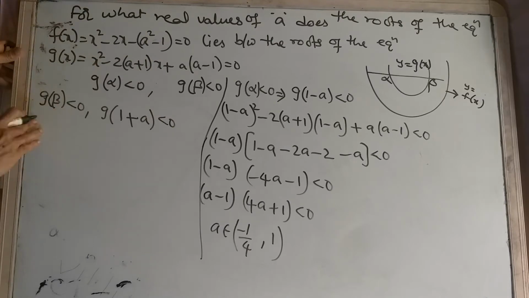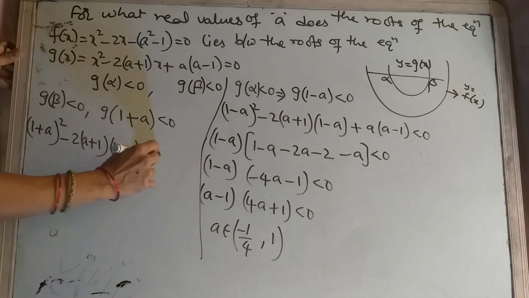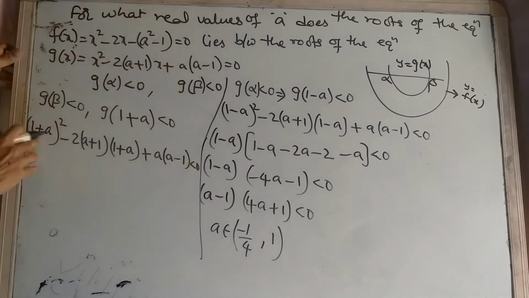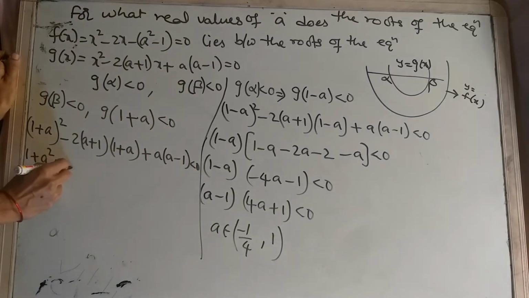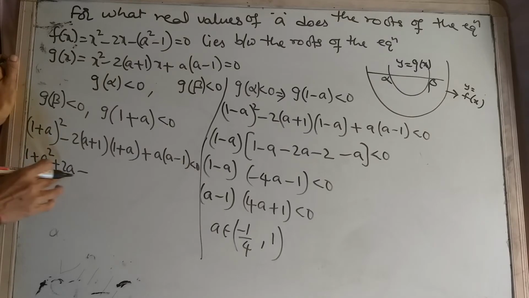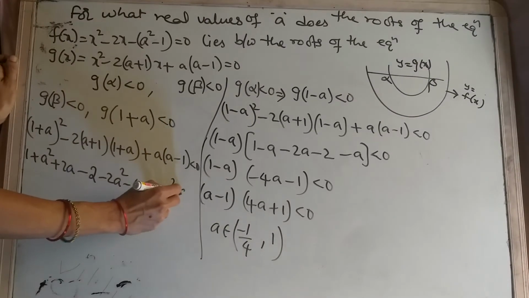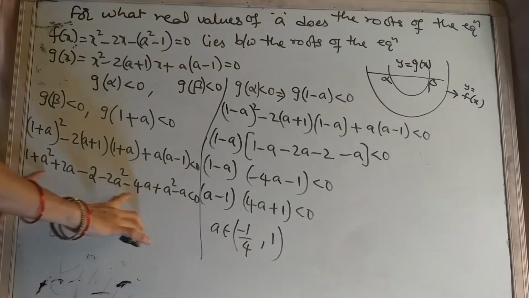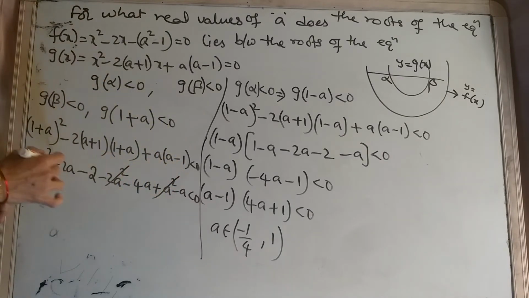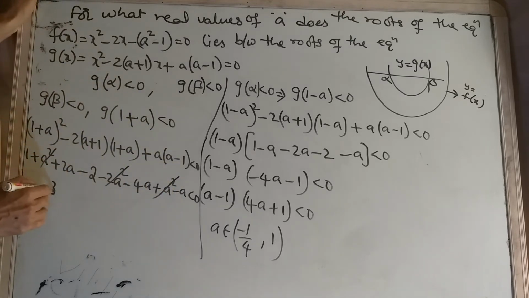Again you substitute instead of this. What is (1 plus a) whole square minus (2a plus 1) into (1 plus a) plus a of (a minus 1) is less than 0. So then you expand (1 plus a) square plus 2a, then here again (1 plus a) whole square into 2, no? So this term you multiply with minus 2, then what you get? Minus 2 minus 2a square minus 4a plus a square minus a less than 0. So then see, observe, minus 2a square plus a square plus a square, so minus 2a square plus 2a square get cancelled. Then minus 4a minus 5a plus 2a means minus 3a plus 1 minus 2 minus 1 is less than 0.